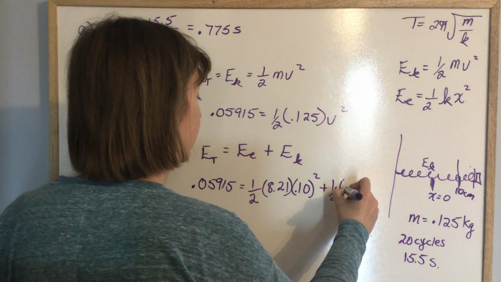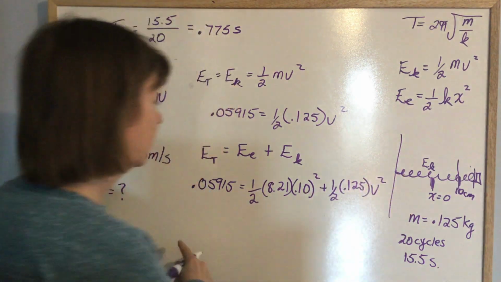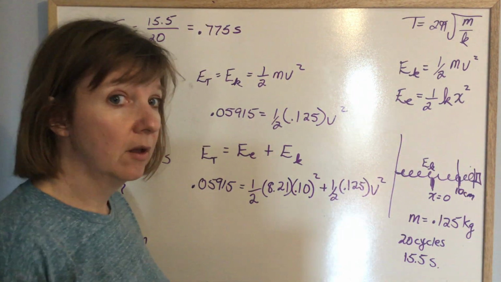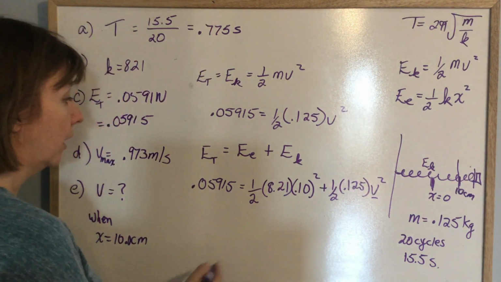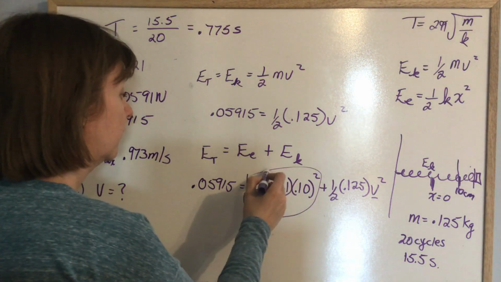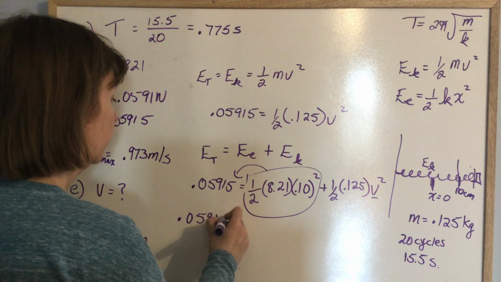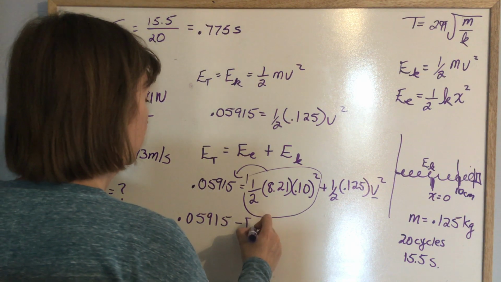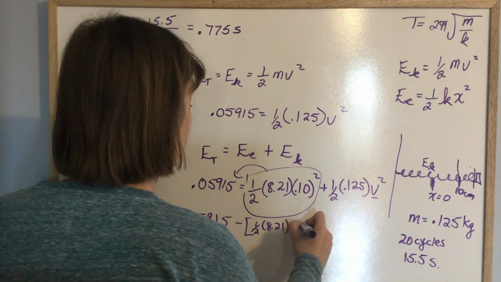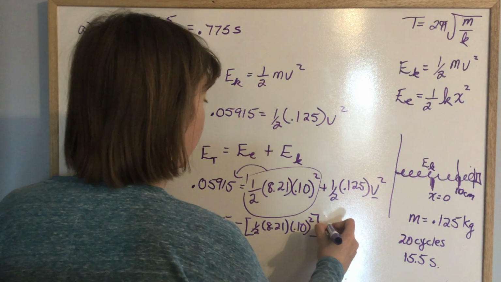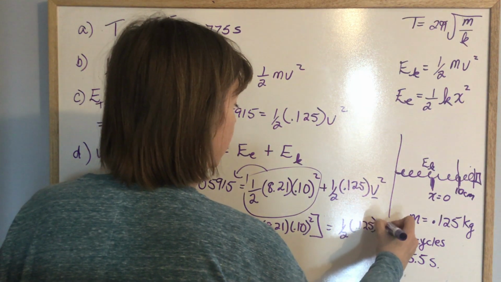Plus 1/2 my mass again, 0.125, times my velocity squared. So you can see in all of this, the only thing I don't know is right here. So I'm going to take this part, whatever this is, and move it over here and subtract it. So I'm going to have 0.05915 minus whatever 1/2 times 8.21 times 0.10 squared is, and that's going to equal 1/2 times 0.125 times v